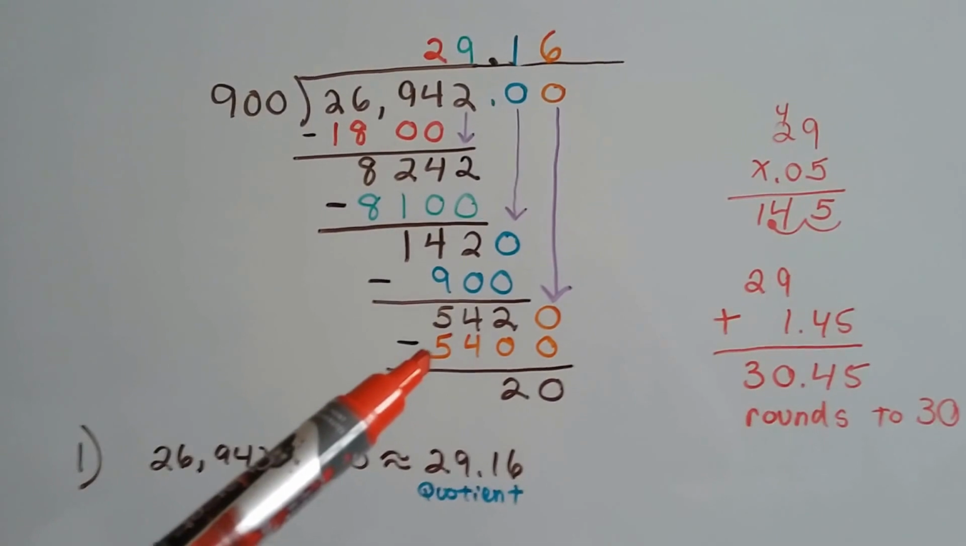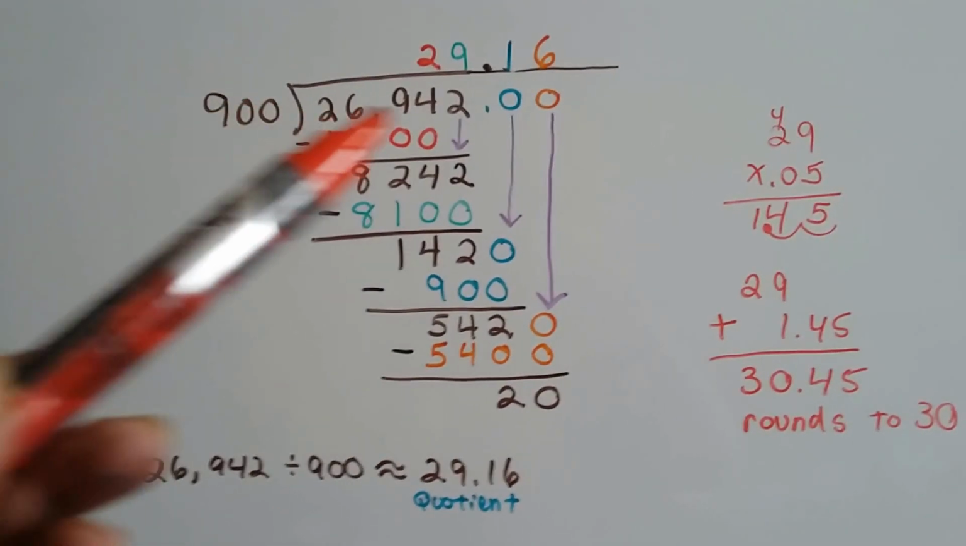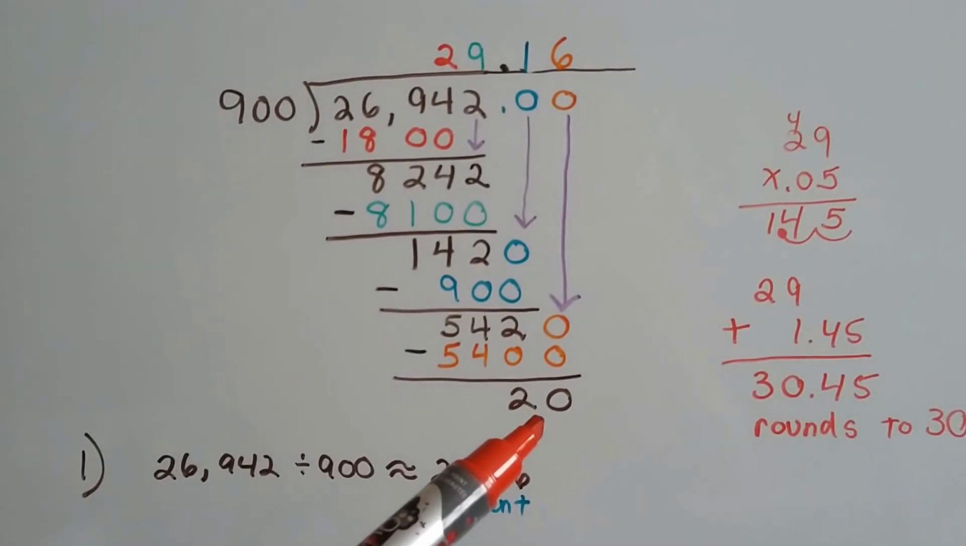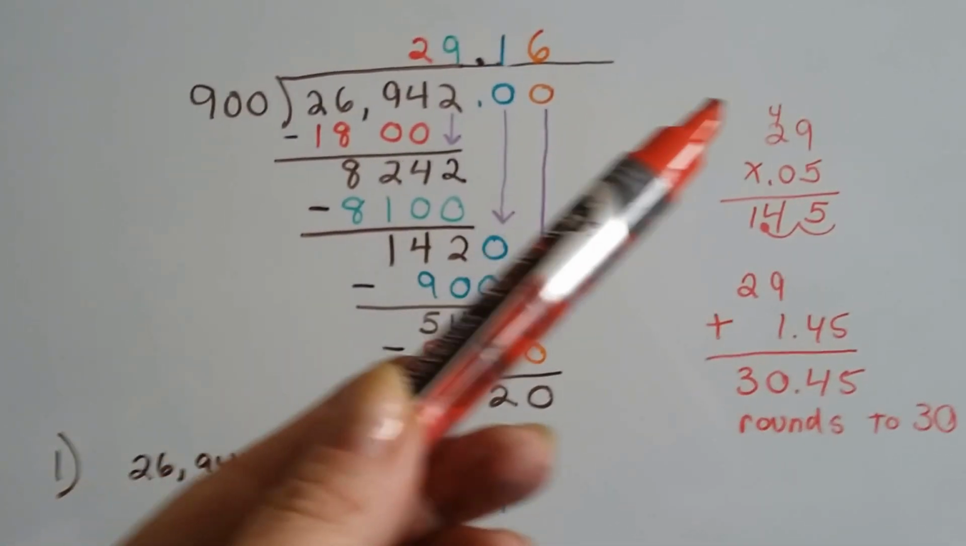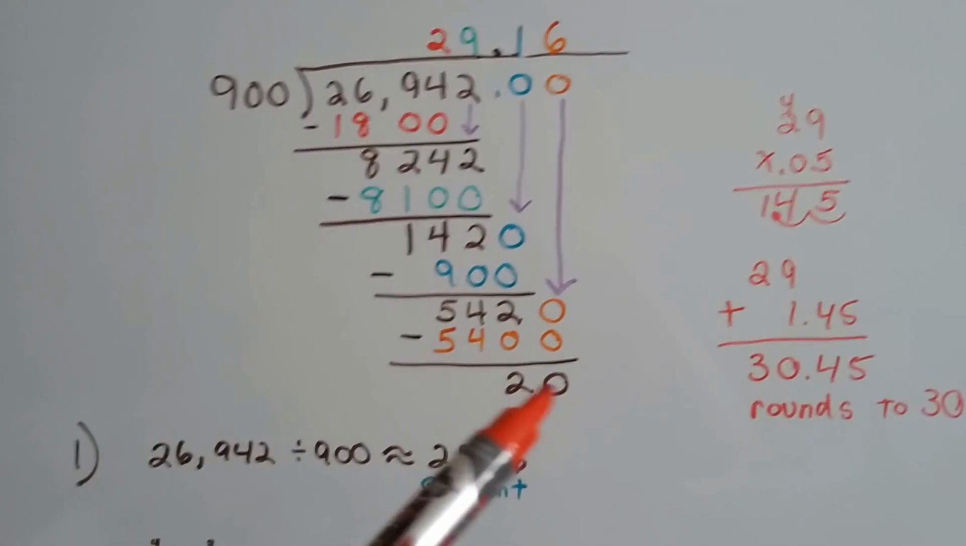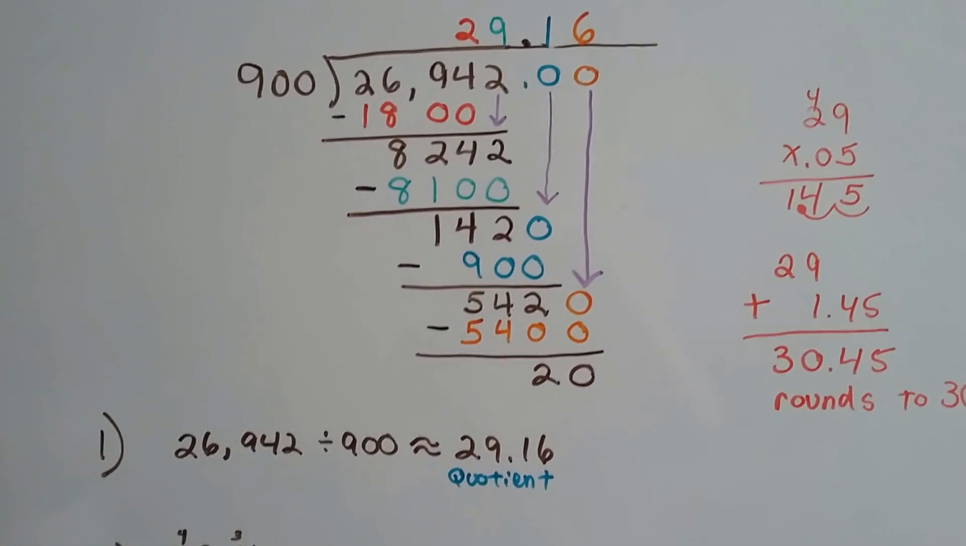Well, 9 times 6 is 54. So 900 can go in 6 times, that's 5,400. Now I've got the 20 left over. And as I said, I could have kept going and adding zeros, but I figured that's pretty small for having 20 left over compared to the 900. So now I'm going to go with the